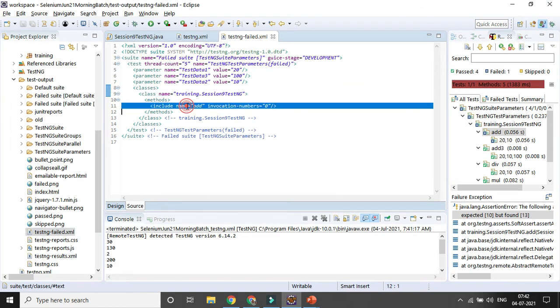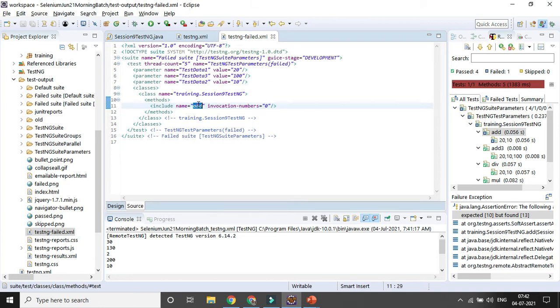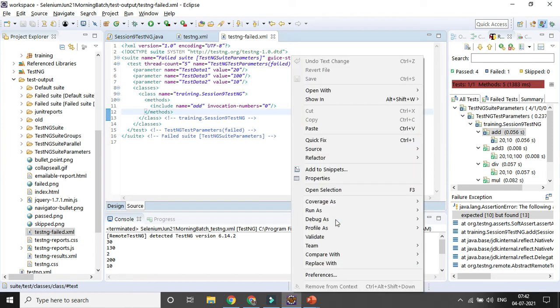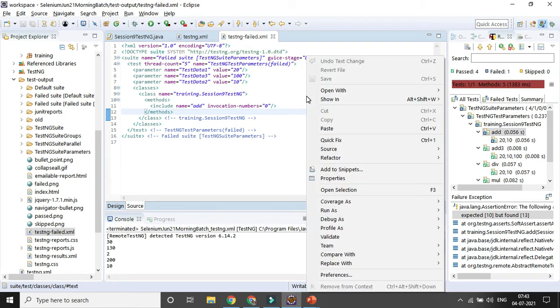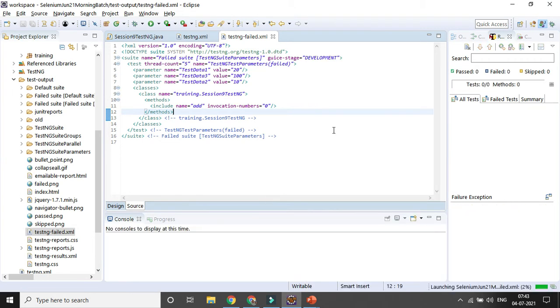Because the method name you will be executing is only add, since only that failed. So you will be getting only that particular method name, add. You can see here, only one method is there, right? And the class comes from the value. Now if you want to run it from here, you will not be running from the testng XML file, you will be running from that testng-fail.xml. So only one test case will be running, not all the remaining test cases.